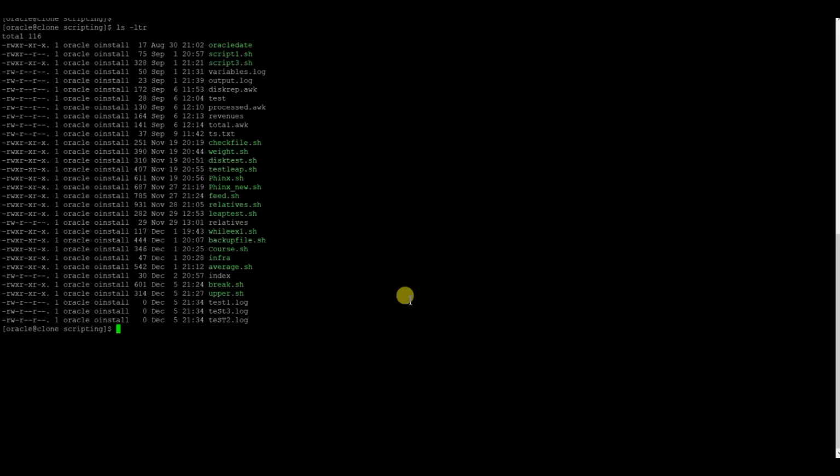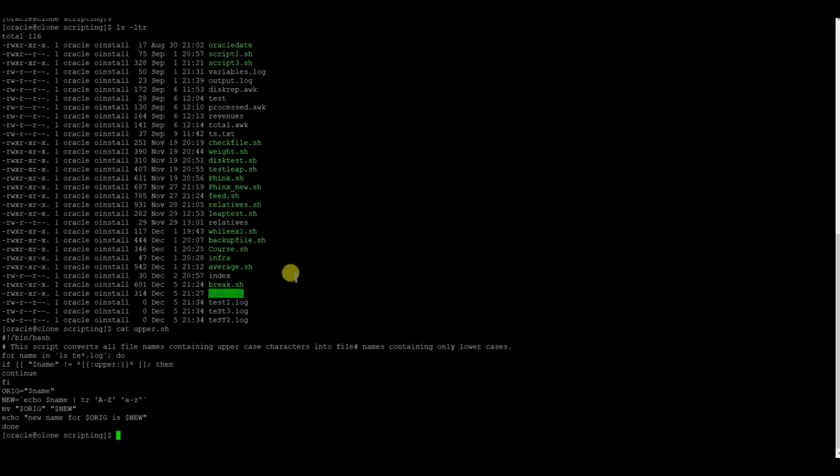Currently in our scripting directory, we have these files with uppercase and lowercase. Now if I run this, let me show you. It is the same script.